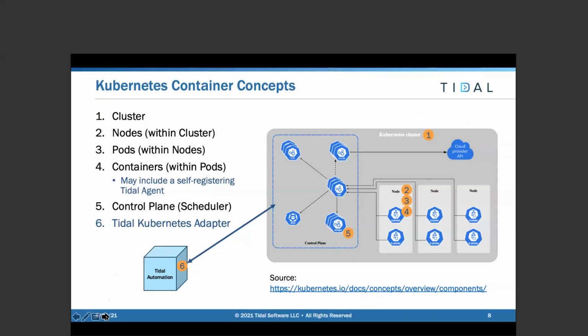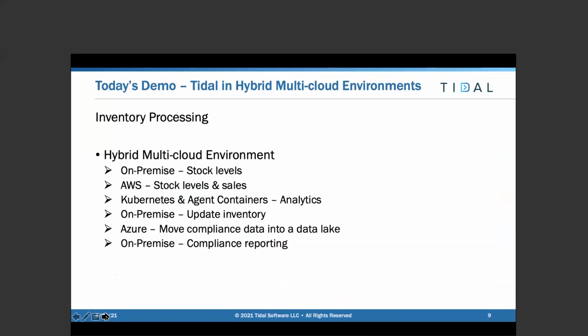And if you want to learn more about Kubernetes, I've included a link here to go and drill down into all of that. So to set up the discussion that we're going to have here today,